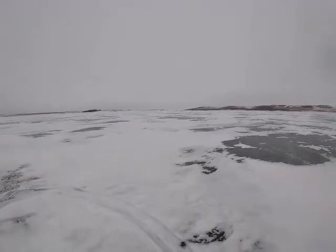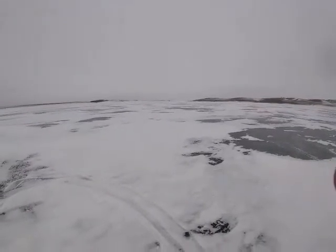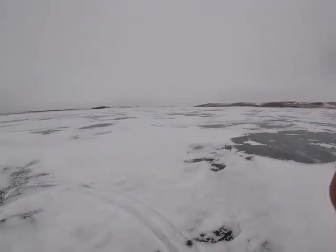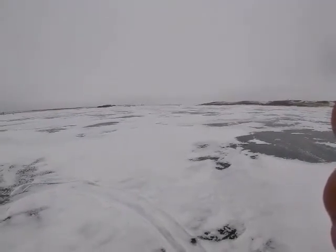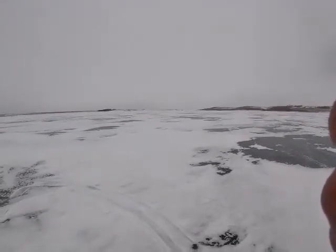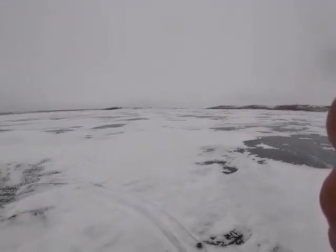Well, there goes somebody on the four-wheeler heading to new ground. He must not have found him there, or not big enough. I don't know. If he was facing this way, I'd wave him down, tell him to come over here, because this is worth sharing a spot like this. Tell you what,